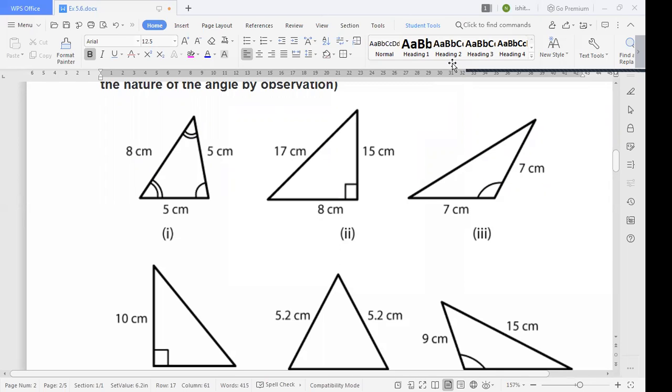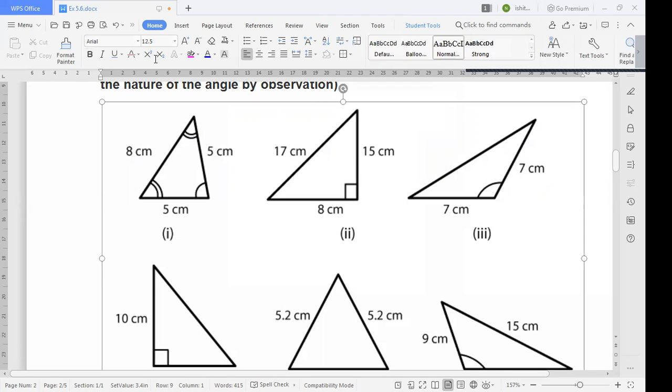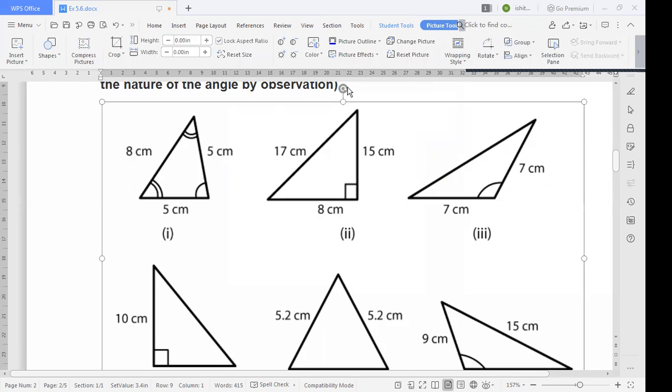Yes, tell me first triangle. Which type of triangle is it? Ma'am, isosceles right angle. Wait, it's not mentioned right angle triangle. How can it be possible? 8 centimeter, 5 and 5 is given. Ma'am, two sides are of similar length, 5 and 5, and one is different. So which type of triangle is it?